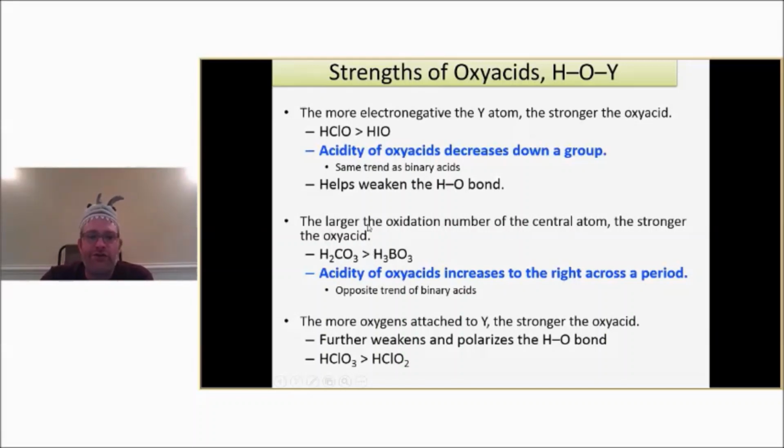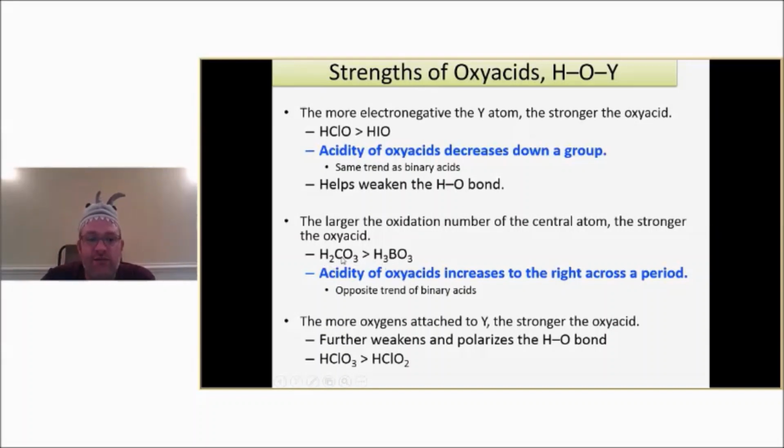Also, the larger the oxidation number of the central atom, now if you recall back from the first semester, we learned a little bit about oxidation numbers of central atoms. But what we might say is this: as we go right across the period, we get higher acidity oxyacids. So in other words, hydrogen carbonate is a stronger acid than hydrogen borate because carbon is farther to the right than boron, okay? And if we kept going,